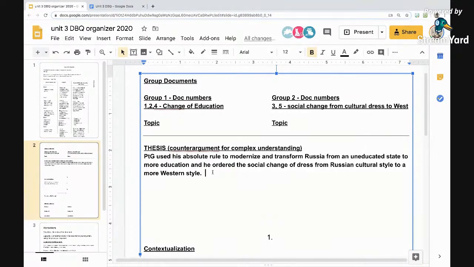Now, last week I had some kids asking me about the unicorn point, that very last point that's really difficult to get. One way that you can get that is by explaining a continuity. If you're talking about change, you can also explain a continuity. So this one would be easy to get that point, because one thing that stays the same during his reign that he does not modernize is the institution of serfdom. He keeps that going. So you could write, despite these changes,